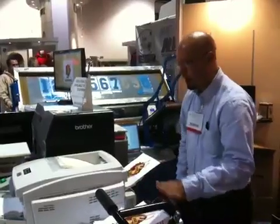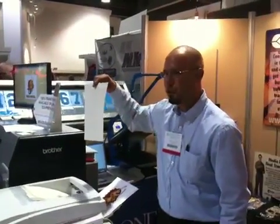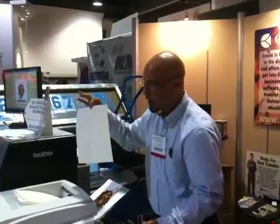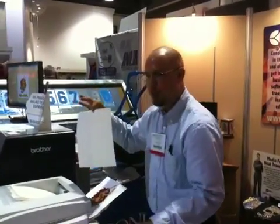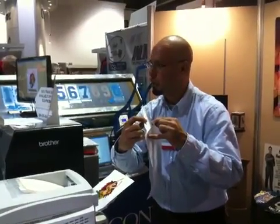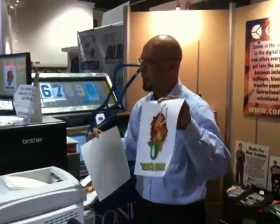Now when you order this product, you get a second set of sheets that come with it. You get this sheet, which is called a transfer sheet. Now what the transfer sheet has, it contains a white powdered base that when we apply heat and pressure, the white powder base will bond to the toner that we have printed on our imaging sheet. Wherever this white base comes in contact with the paper, where there's no toner involved, it won't stick. So the whole purpose of this is that we can make an opaque transfer that we don't have to trim